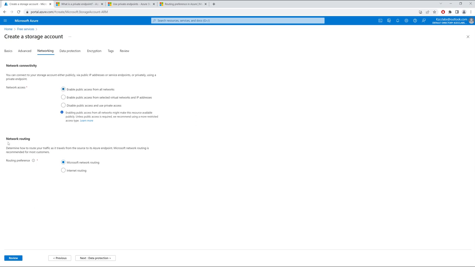The next option would be to select your network routing. Now, this determines how you route your traffic as it travels from the source to its Azure endpoint. Microsoft Network Routing is recommended for most customers. Now, the difference between Microsoft Network Routing and Internet Network Routing is explained in this link, which I shall attach